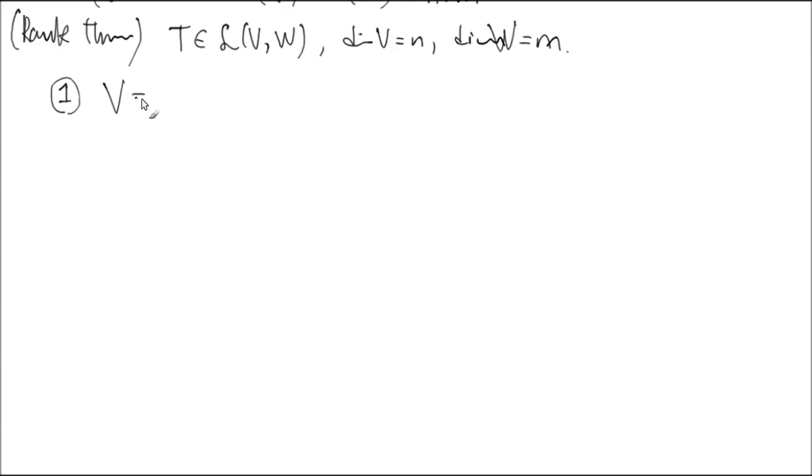T is a linear map between abstract vector spaces, not V to V, but V to W like this. And we're looking at finite dimensional spaces, where the dimension of V is n and the dimension of W is m. All right, so what about it now? Then we can look at the null space and all that. V is the domain of this map T, right? Do you agree? It's going from V to W, correct?